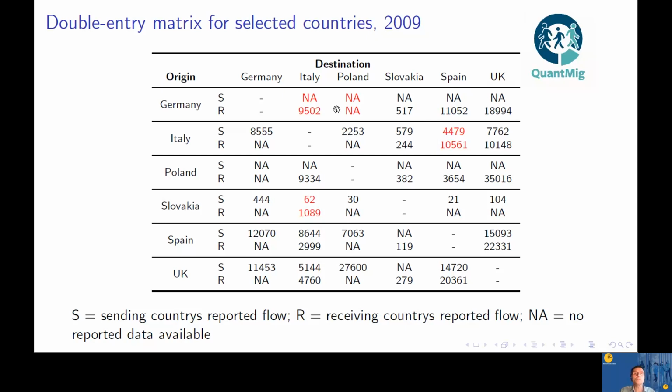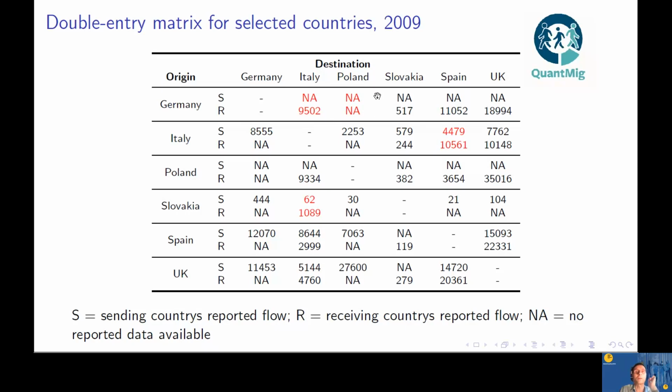So sometimes we only get one report, so we only get the report from Italy, and here we get no reports because neither Poland nor Germany report